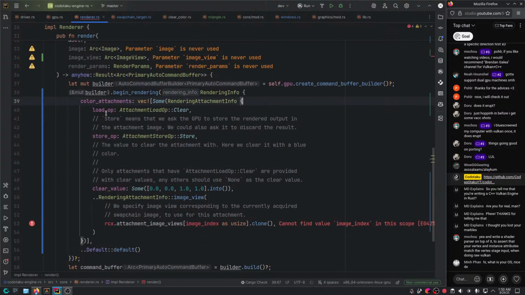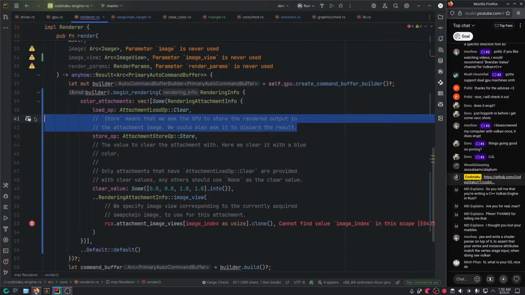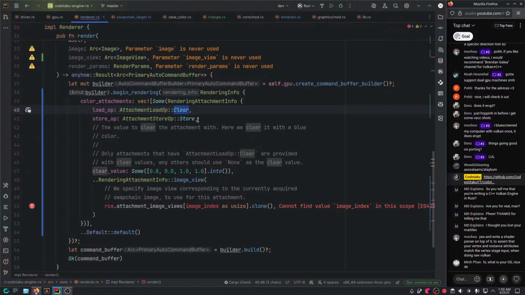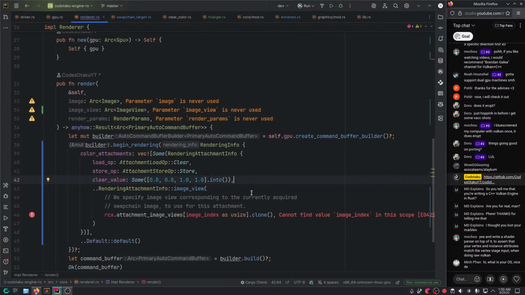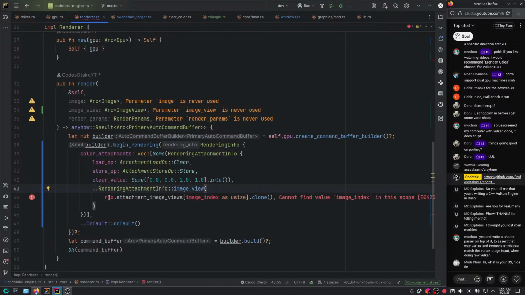So here, the load op, so what we're gonna do when we get the attachment for the first time, we're just gonna clear it with a color, and store op, we're gonna store the output result. Because sometimes you don't want to store the output result because you just use it in some pass and you just discard it afterwards. And here what we got,